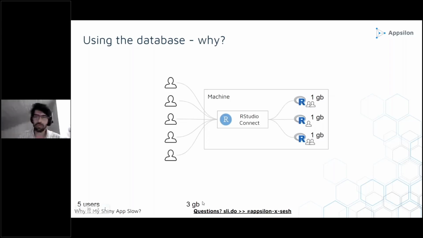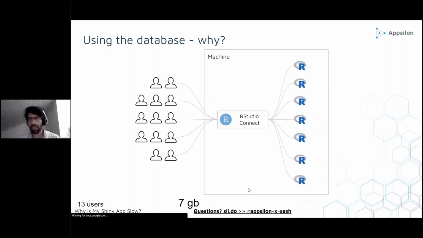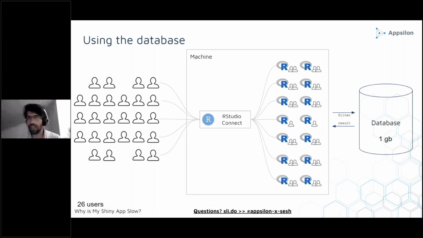For 5 users, we'll be using 3 gigabytes of memory. For 13 users, we're already at 7 gigabytes of memory. For 26 users, we'll already be at many gigabytes of memory for the data set in our application. So you can see this scales very badly. And this is where using a database can help you. So if you use something like dbplyr, for example,